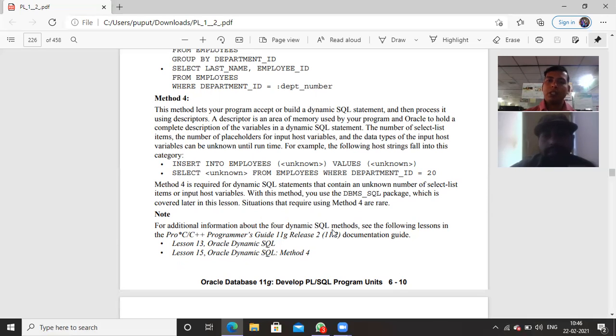Select unknown from employees where department ID equal to 20. Method 4 is required for dynamic SQL statements that contain an unknown number of select list items or input host variables. With this method, you use the DBMS underscore SQL package, which is covered later in this lesson. The situations that require using method 4 are